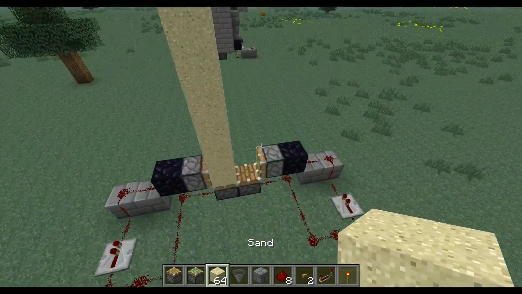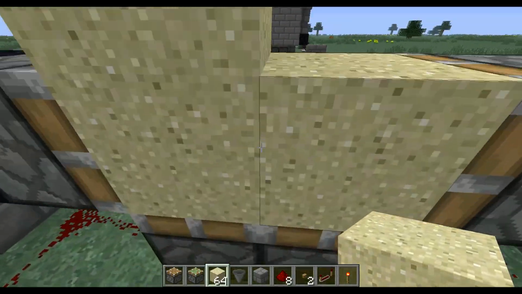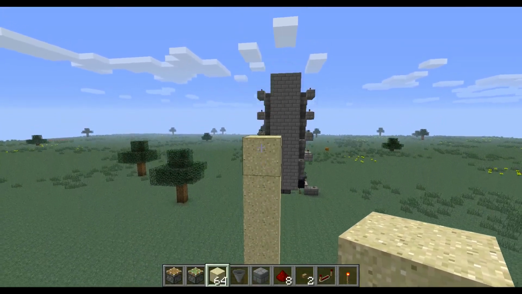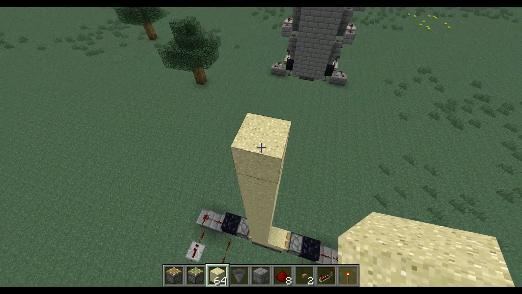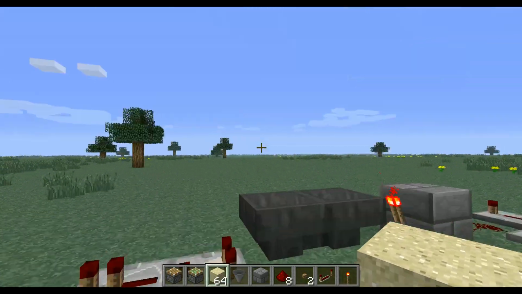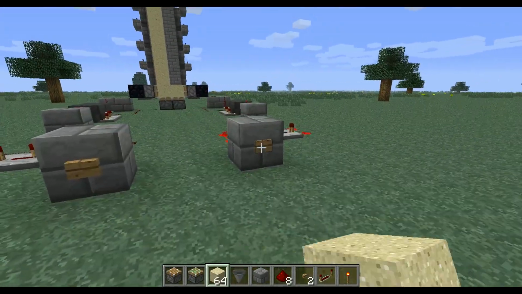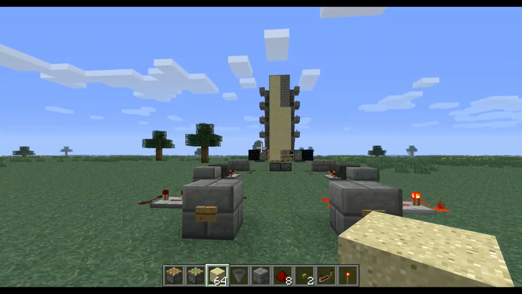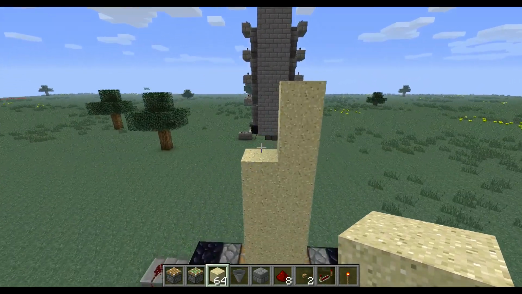Alright. And then in order to actually get this set up right, 1, 2, 3, 4, 5, 6, 7, 8, 9. One side needs to be 11 blocks, and the other side needs to be 1. So this is the basics of the elevator, or the insides of it. Actually, I messed up. One side has to have